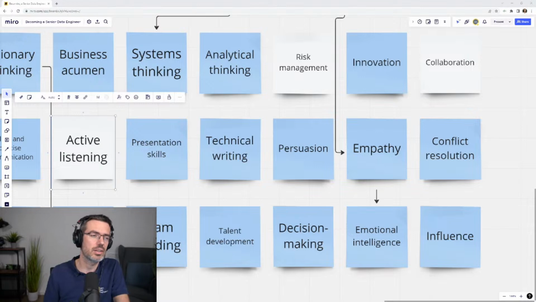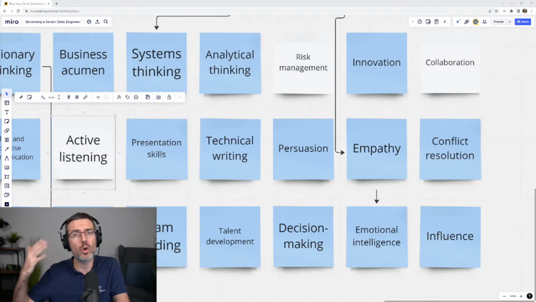They make it not understandable for people without the background of engineering. So senior engineers should be able to create and deliver compelling presentations that effectively communicate technical information to a wide range of audiences, right? To non-technical people or to a wider audience.